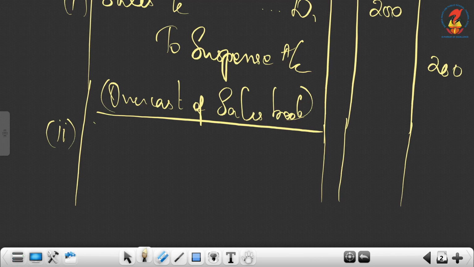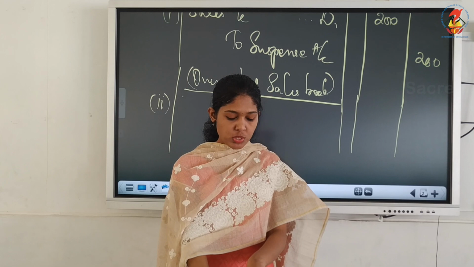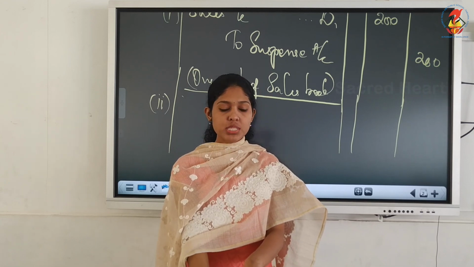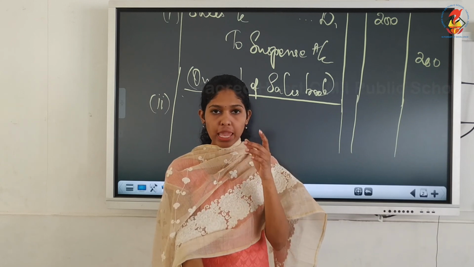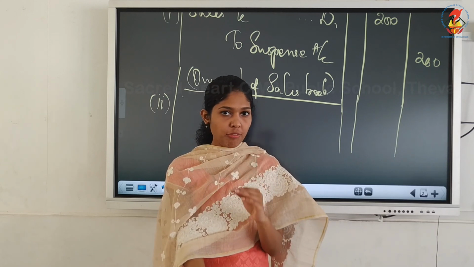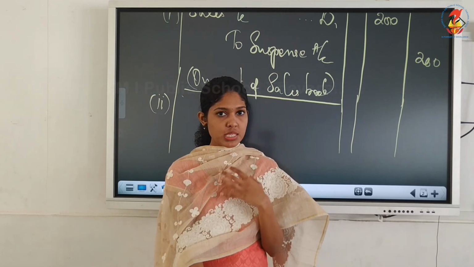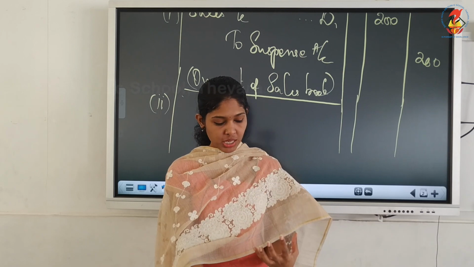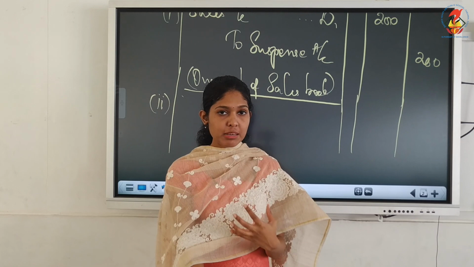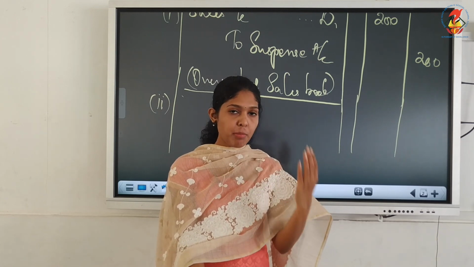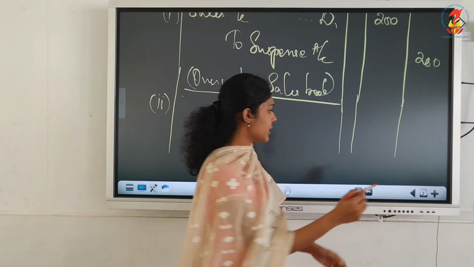The second one is goods sold to Manohar for ₹550 was posted as 5,500. Okay, so we are selling goods to Manohar and the amount is wrong. And you have to remember one more thing. This is a one-sided error. So this is just affecting one side of an account. So goods sold to Manohar. Usually what will be the journal entry? It will be Manohar's account debtor to sales account. That will be the normal entry. I'll just show you the